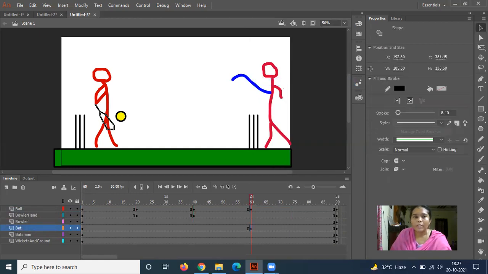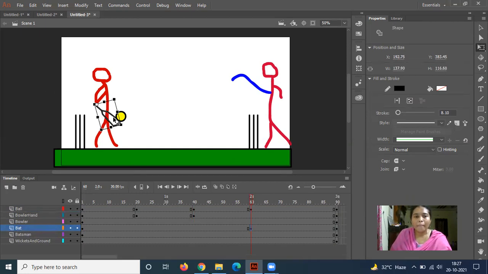and with the help of the free transform tool, you place this resolution center point towards the contact point of the hand and the bat, so that hand and bat should not be separated, and just move towards the ball.